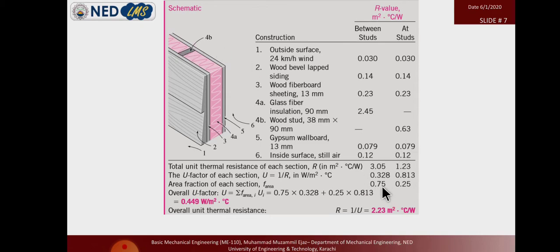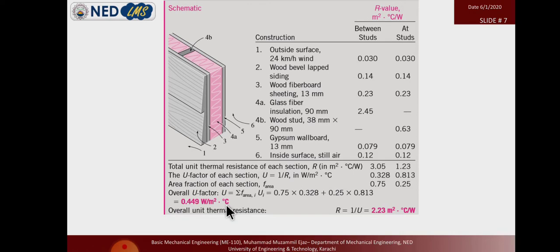So we multiply 0.328 with 75% and 0.813 with 25%, and if we add, we get the overall heat transfer coefficient between all the walls, which comes to 0.449 watt per meter square